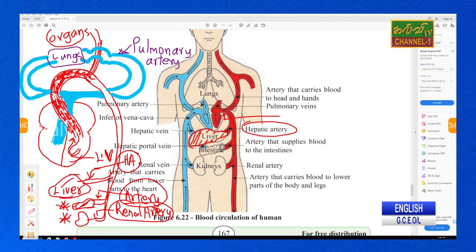I would like to say that most arteries, meaning hepatic arteries, the arteries for the digestive system and renal arteries, and the upper part arteries also carry oxygenated blood. But the exception is the pulmonary artery. That name is artery, but it carries deoxygenated blood, that means carbon dioxide, right? It is mostly concentrated with carbon dioxide. Now we will come to our notes.